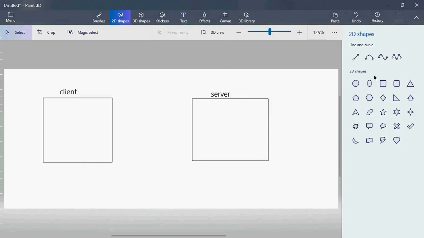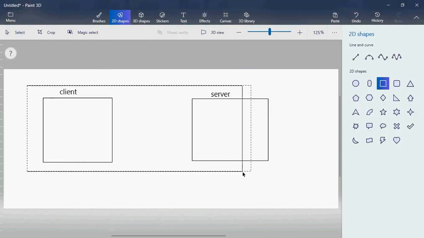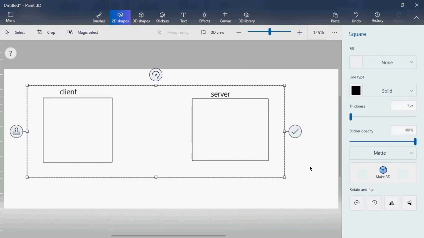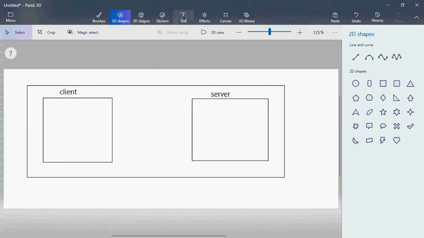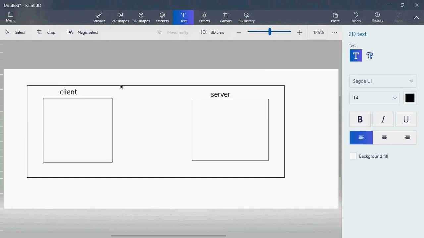So this entire client-server architecture application, I can call it a web application. In other words, I can say any web application which follows the client-server architecture,